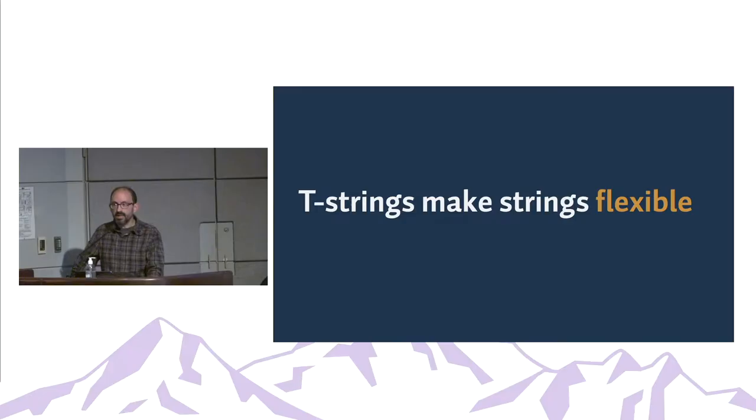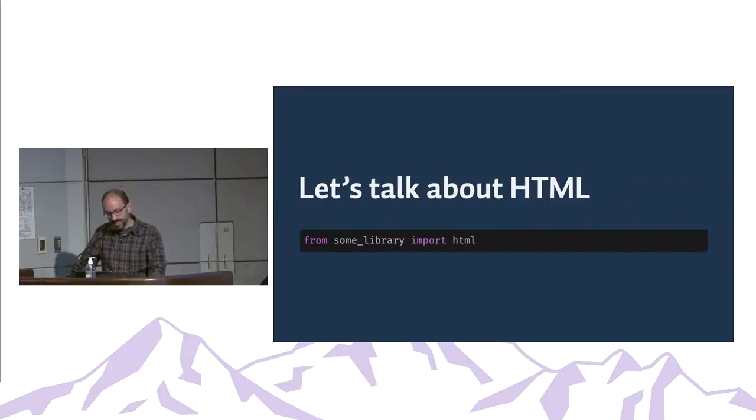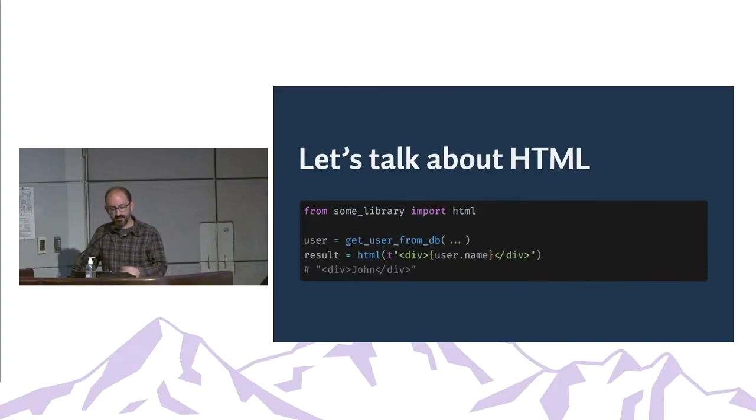But they also make things more flexible. So let's talk about HTML for a second. So here I've got a hypothetical library with an HTML function that knows something about t-strings. And in this code, we're getting a user from the database, and we're rendering the user's name in a div. And so in the case of John, of course, that's going to be safe, and you probably could use an f-string to do this. Of course, if the user punched in their name with a script tag, well, then all bets are off. But the good news about this library is it's t-string aware and it's going to escape that